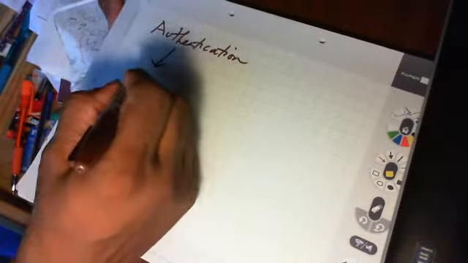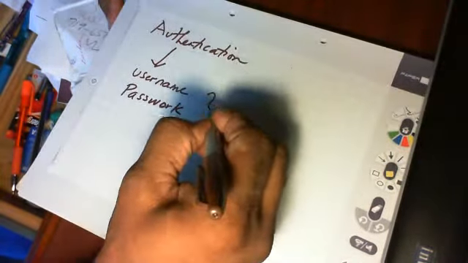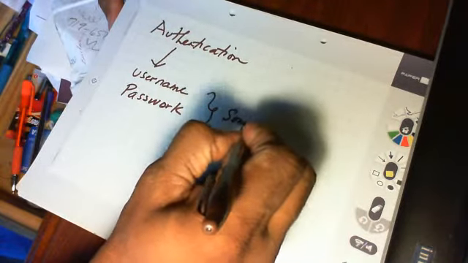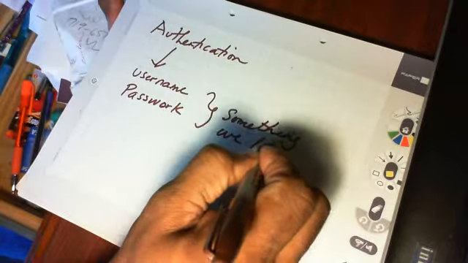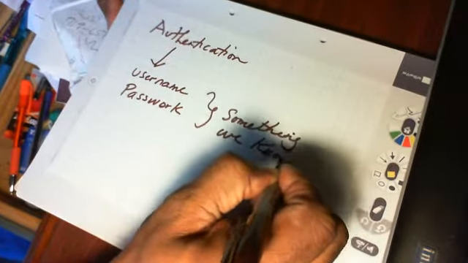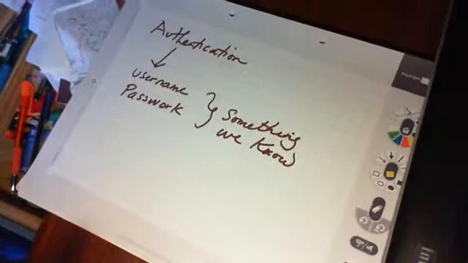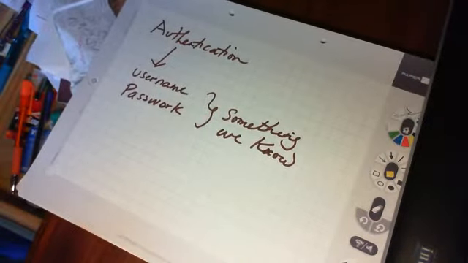The easiest method that we are familiar with is to use a username and a password. For most of us, it's something we know. We remember our password, and we use it. If we don't remember our password, if we don't know it, we cannot enter the system. Now,